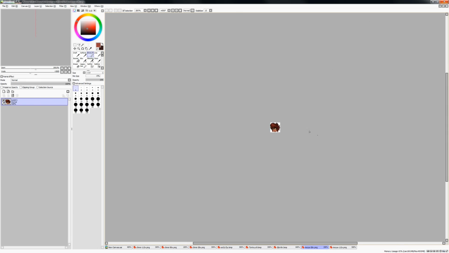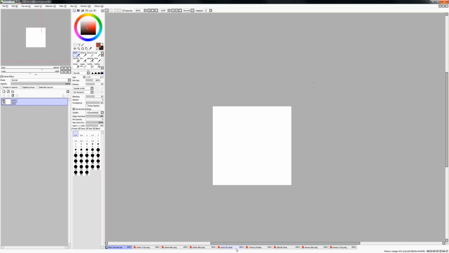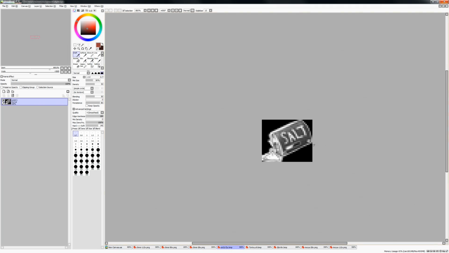Or maybe at 200% you might be able to pick it up a little bit better. You can't really see much of anything. It's kind of hard to tell what exactly it is. It kind of looks fine whenever you actually view it on Twitch, but it could be better. So even though I may not even use this, I wanted to take a swing at attempting to do this one more time.